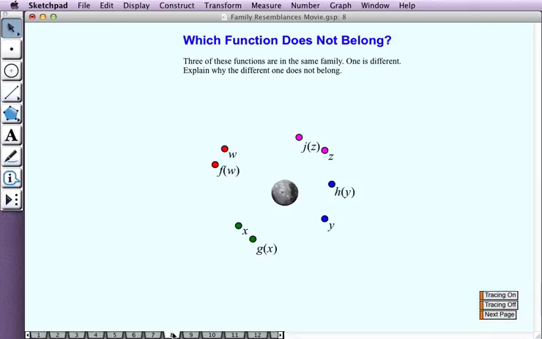Page 8 is a real puzzler. At first, I'm very tempted to drag towards the planet here, and I find that the center of the planet is actually a fixed point for those 2 functions and for the others as well. So the center of the planet is a fixed point for all these satellites around it,